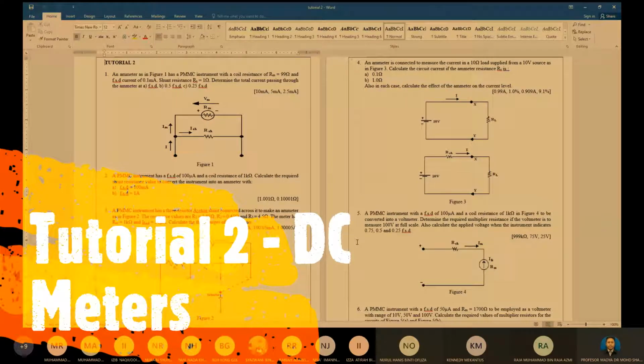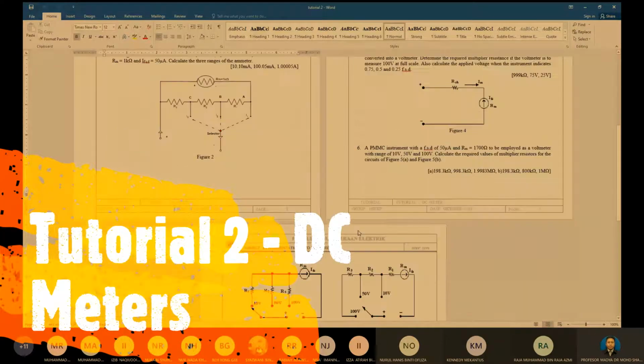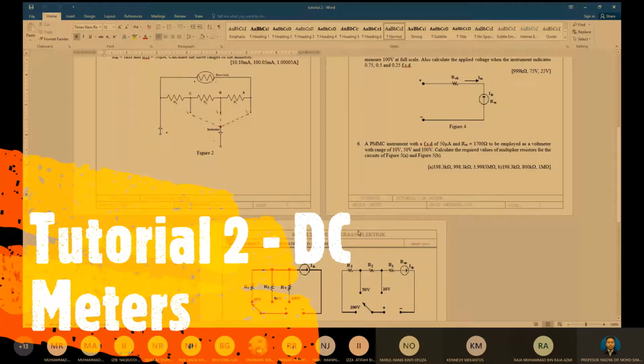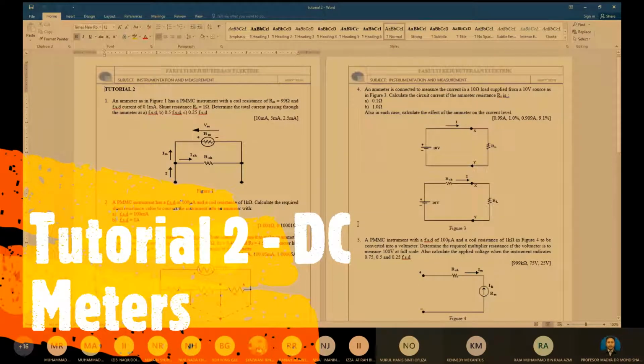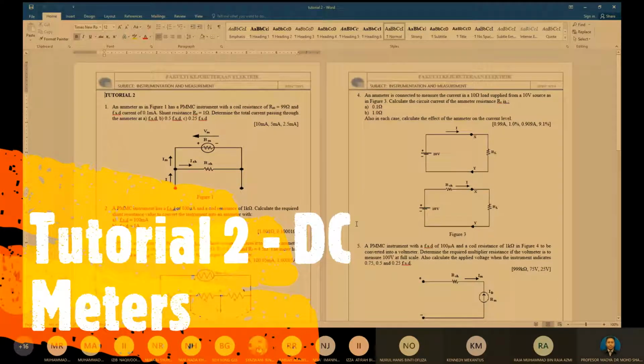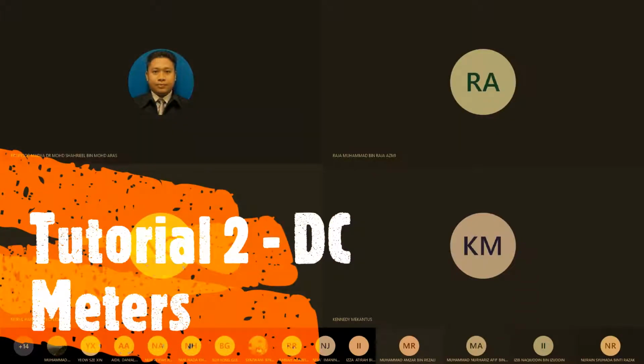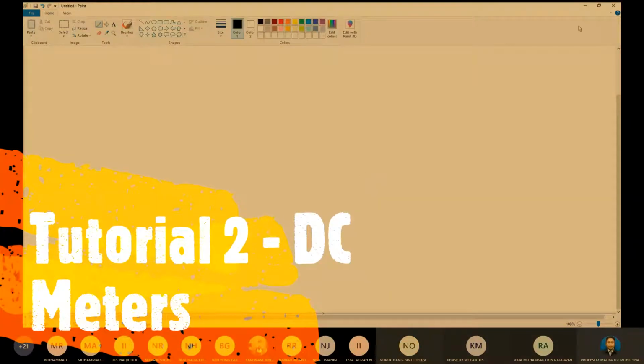Suppose you have to print this one. On tutorial 2, we have 8 questions. You can try, alright, so let's go one by one. Okay, so tutorial 2. You can read on the tutorial 2, the meter in